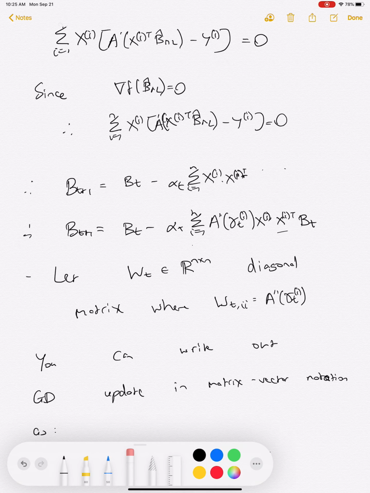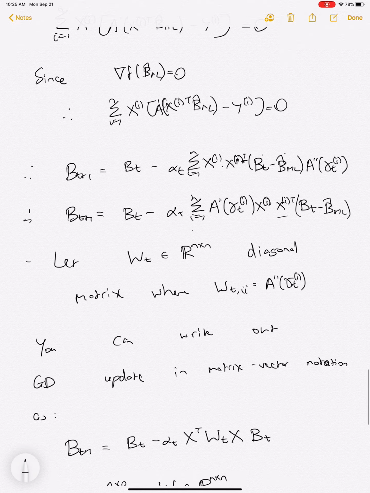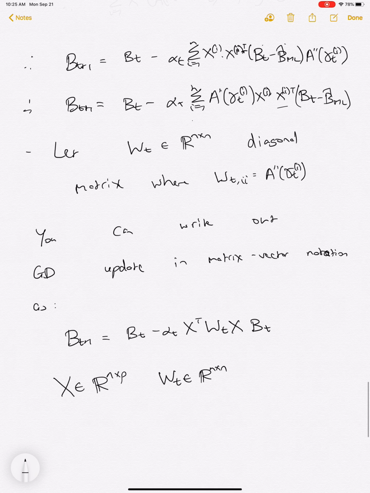This should be a, yeah, in a classroom, someone would have pointed this out. But there should be a beta hat ML here, and that should be times, and so this should be a beta hat minus beta hat ML. Okay, and so we're going to get that this is the same as,